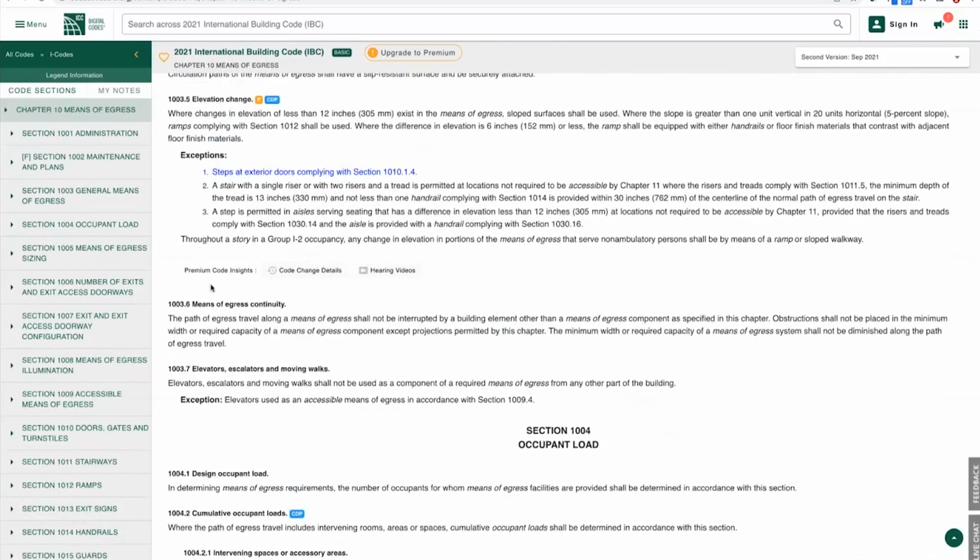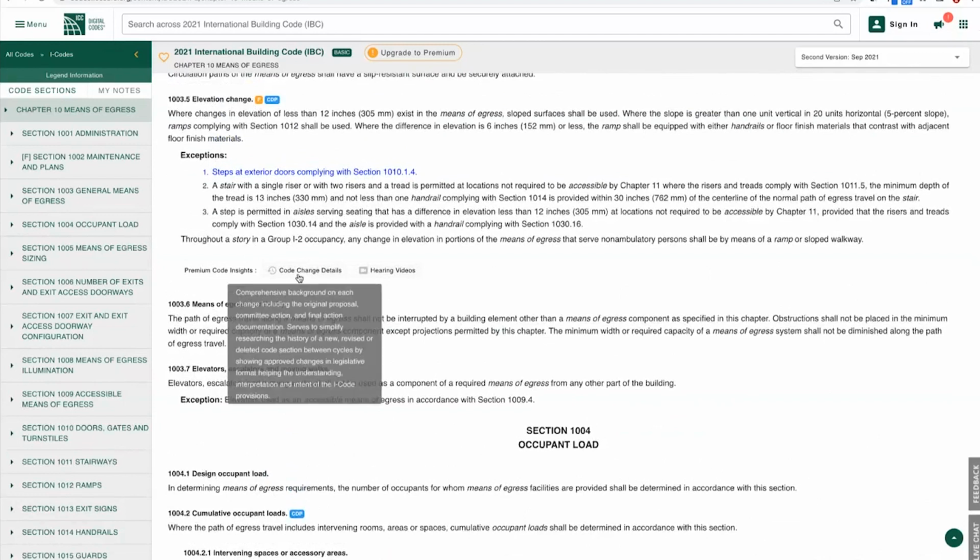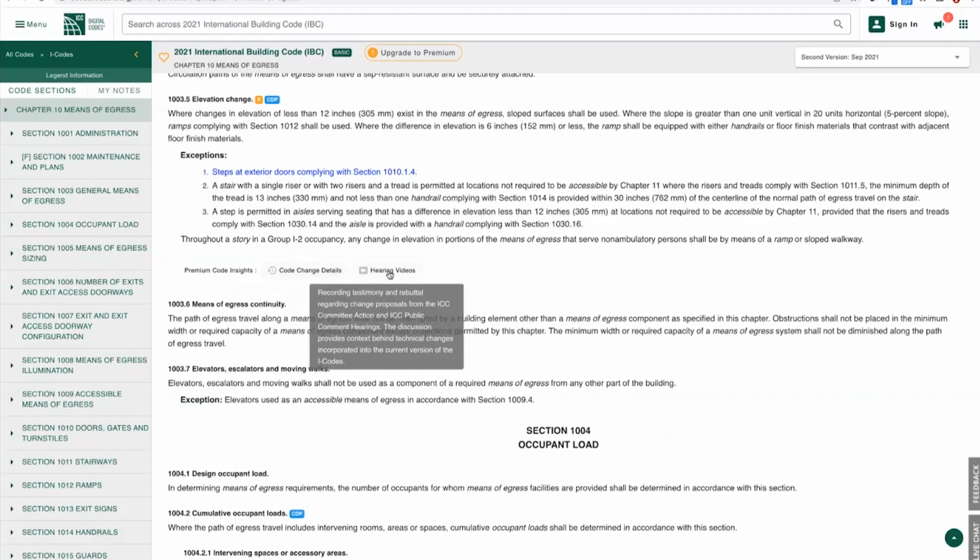But the real benefit is immediately understanding what insights or bonus materials are available as it relates to this section. This one in particular is going to have information related to code change details and hearing videos. And you're going to see this consistently throughout wherever there's a section with blue text. Now, if we hover here on the blue text, you can see the description is going to let us know